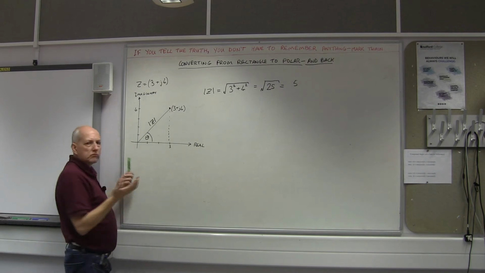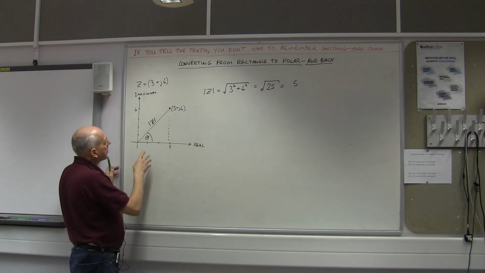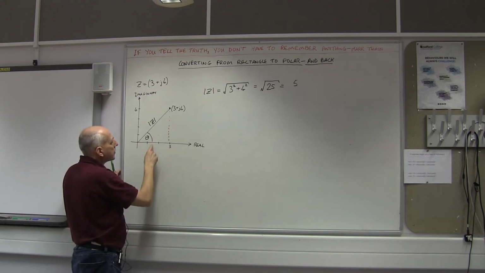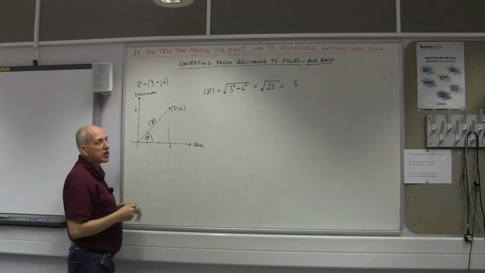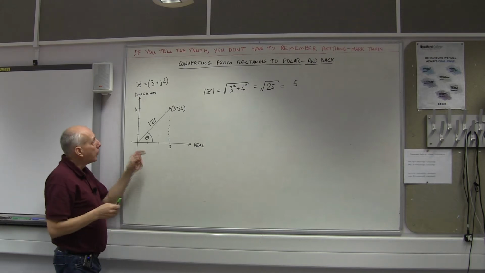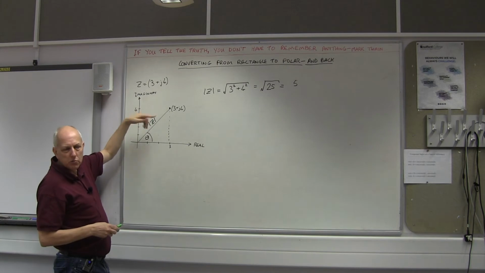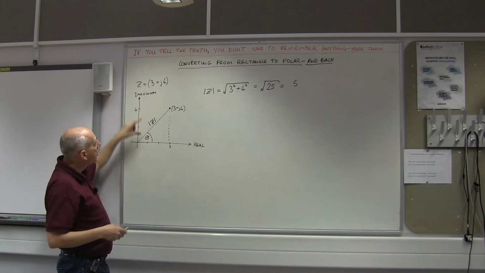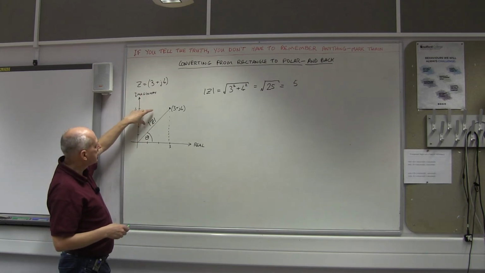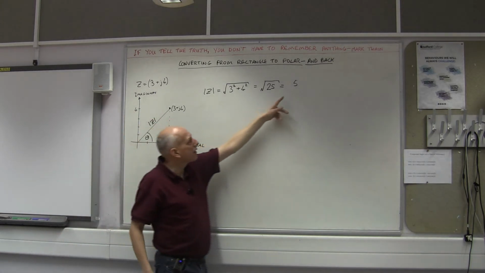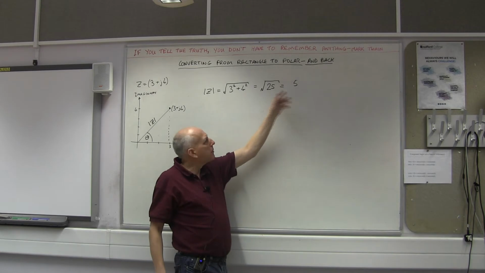SOHCAHTOA, as you probably know it. So we've got the opposite and we've got the adjacent to the angle. So the best one is to use tan. We could actually use, now that we know the length of this side, any of them, cosine or sine, but it's always best to use your starting point in case you've got any errors in this. I mean, this is a nice round number, whole number, but imagine it if it was